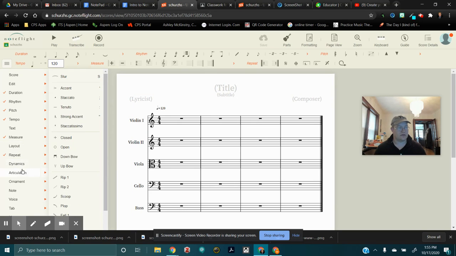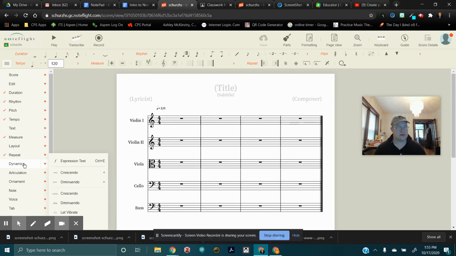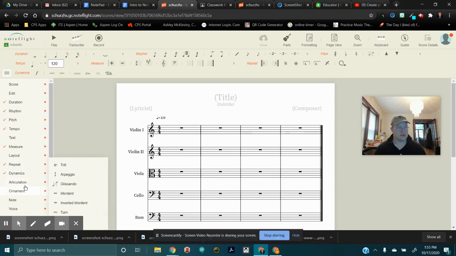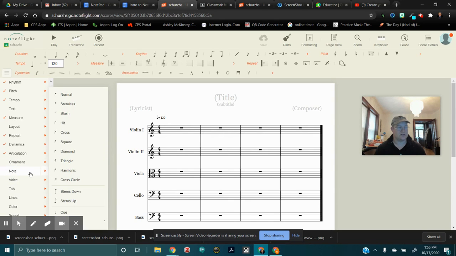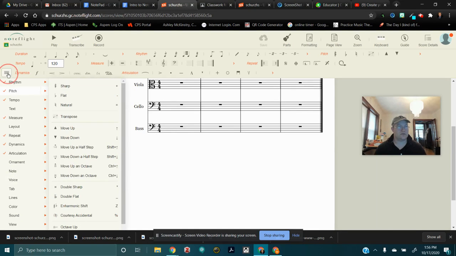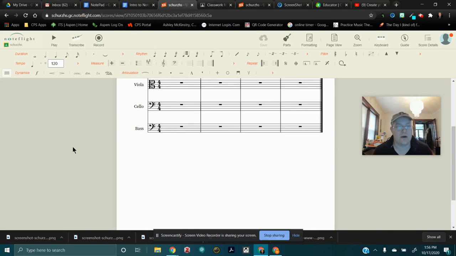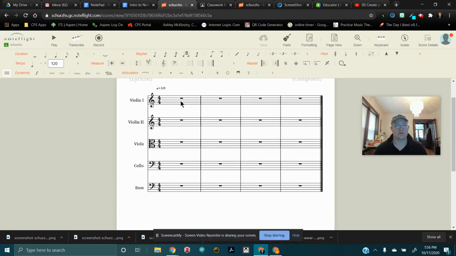Repeat, if you want your music to repeat. Dynamics, so that you can change the dynamics. Articulation, so that you can change the articulations. So we'll just leave those there for now. And once you've got the different kinds of toolbars arranged the way that you need them, you can start to experiment with creating different